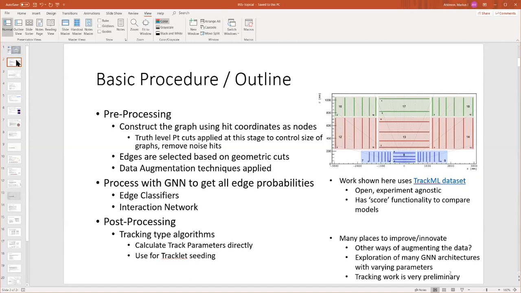And then we also have explored a lot of other types of tricks in the graph construction phase to see if we can augment the data in different ways